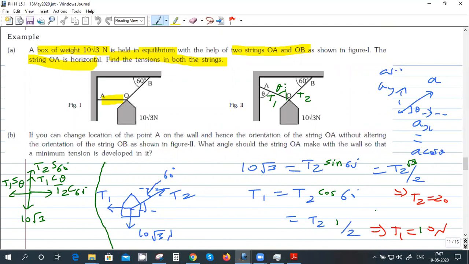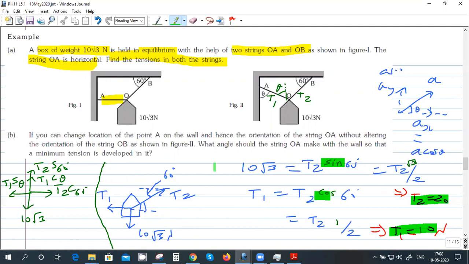Yes, this question. The thing I've written in green is the correction. This one, I put it as cos yesterday. This should have been sine, and this should have been cos here. So I'll get T2 as 10, 20, and T1 as 10. Yesterday I made a mistake here. And this corrected thing I put in notes.